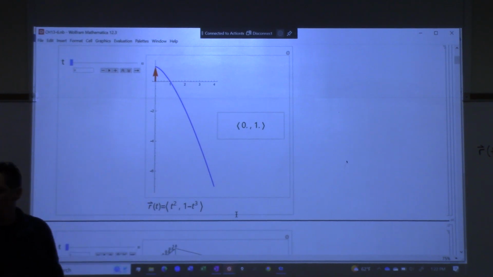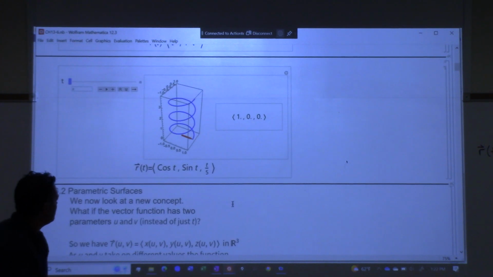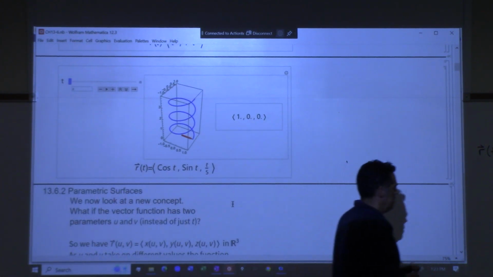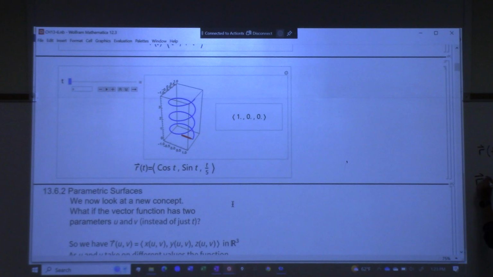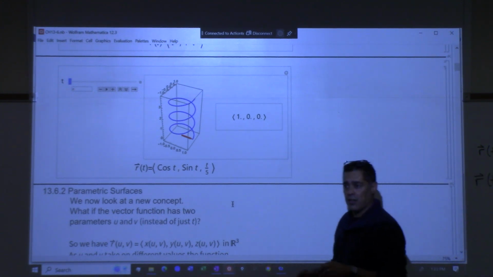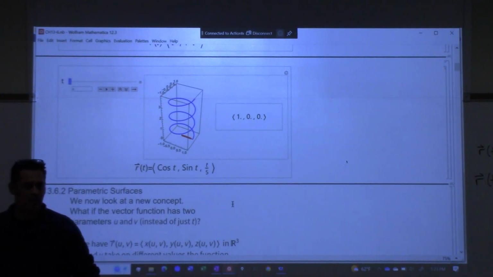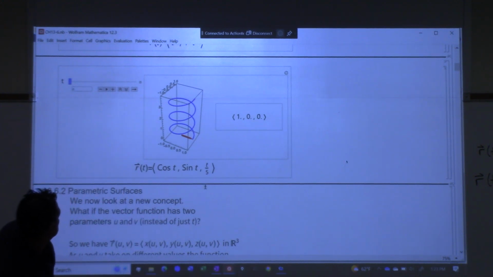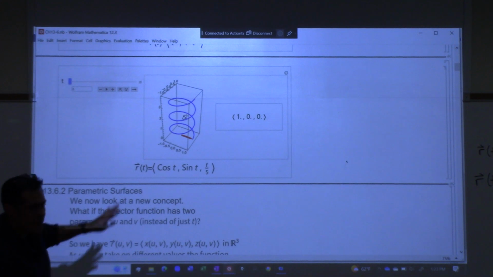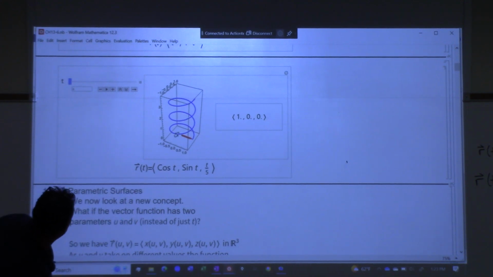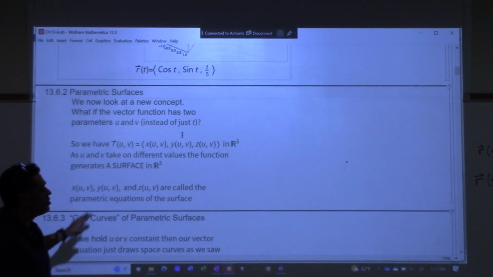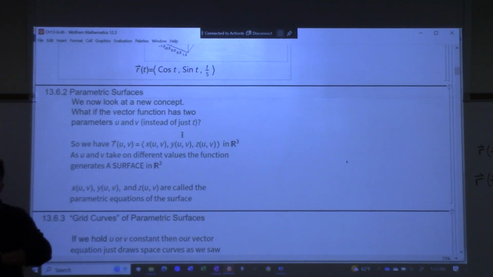A curve in two-dimensional space. If I do a different vector function, like cosine t, sine t, t over 5, that will draw me a curve in three-dimensional space, right? It looks like a spring. We did all that. Now what we're going to do is talk about parametric surfaces, not parametric curves, but surfaces